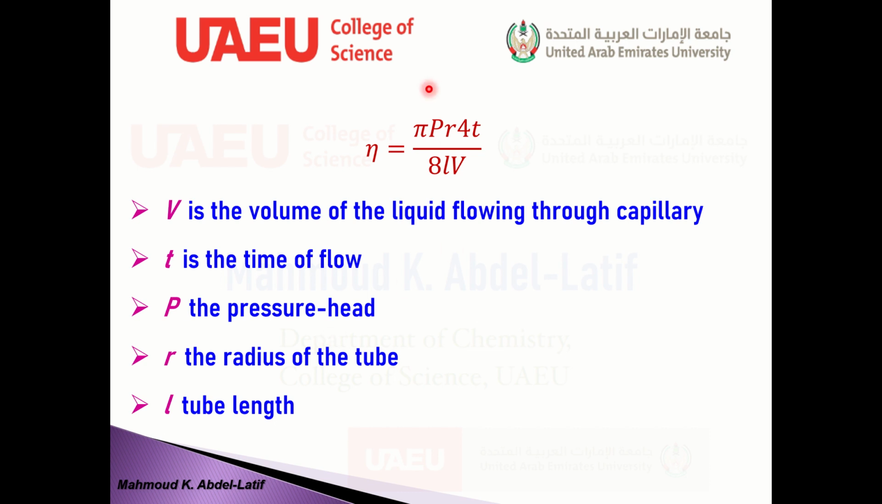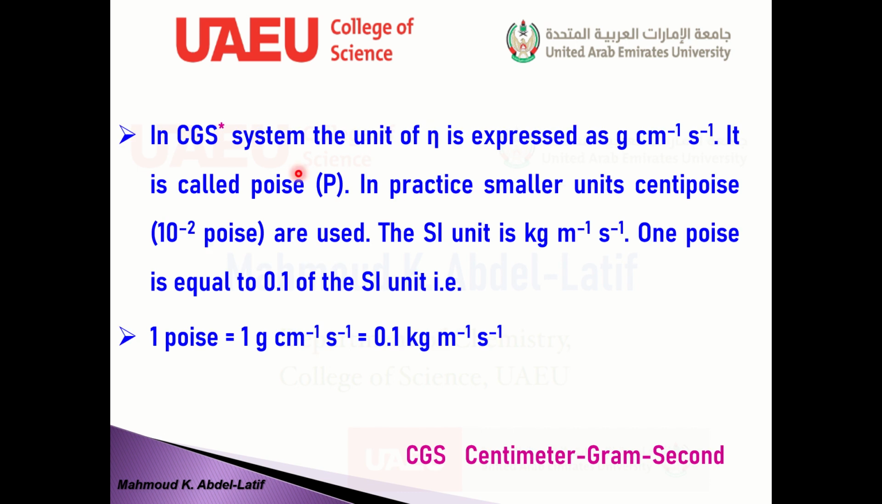As you see, there are many parameters here. It's not so easy to determine all these characteristics of the capillary, the volume of liquid and the radius. So later on, instead of determining the absolute viscosity, we are going to determine the relative one. In the CGS system, which means centimeter gram second, which is not an SI unit,